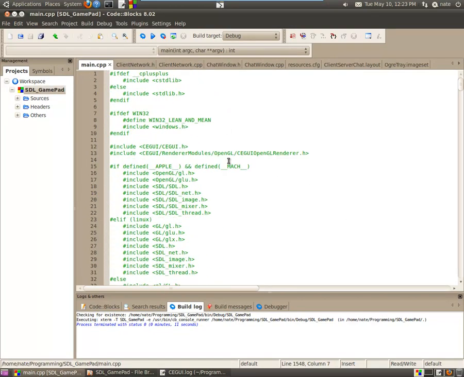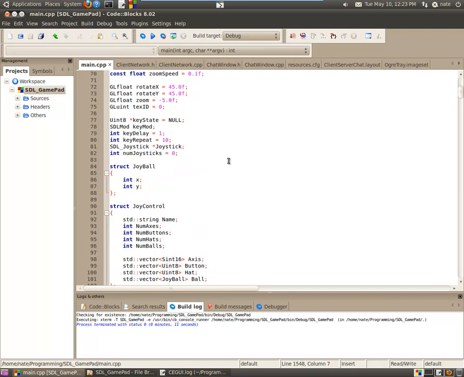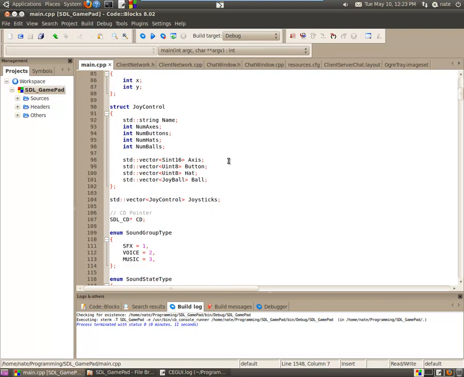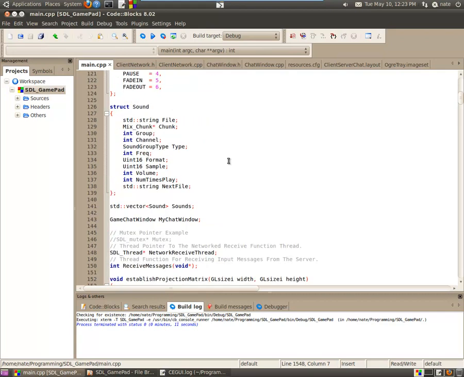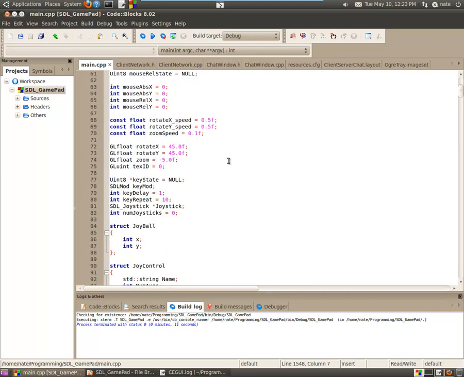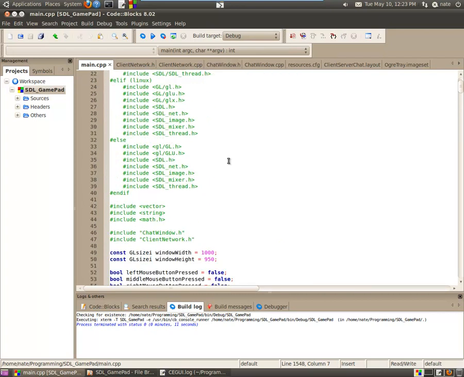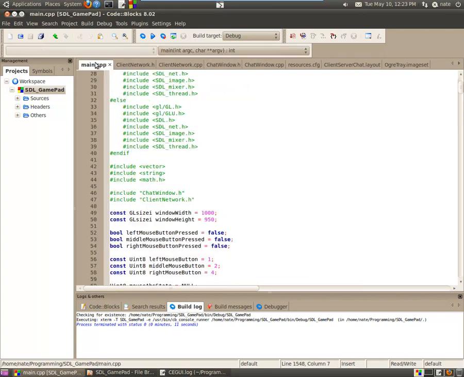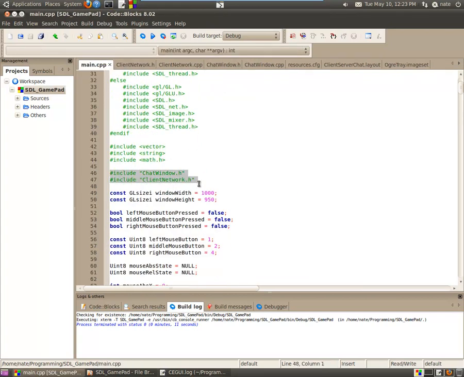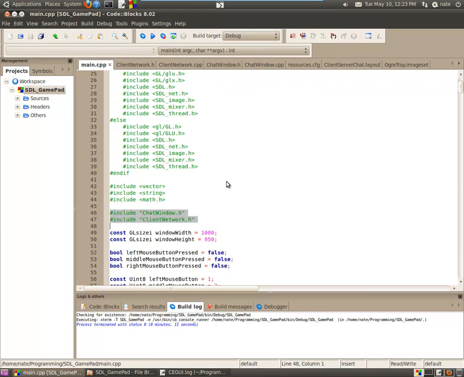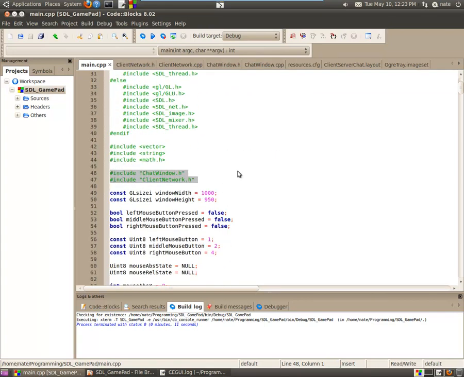Now, what's going to make this work properly is the fact that we need to set up, first of all, our thread. And you'll find that since we've done this to a class, it makes it way easier. Oh, that brings up another point. We do need to include both our window and our network.h file as part of our main file here. So you'll need to go into here and put in a pound include, and then in quotes put chatwindow.h. And over here we're going to do pound include, space, quotes, client network.h in quotes,